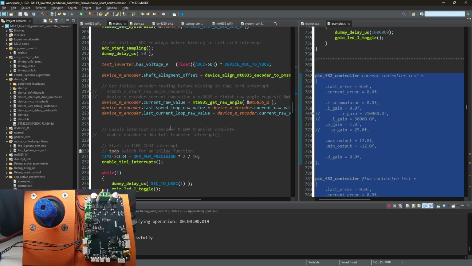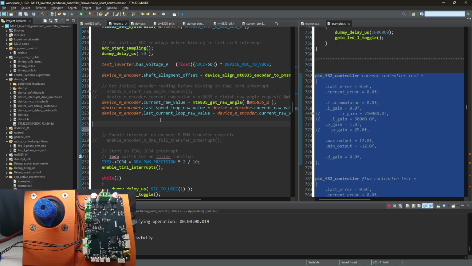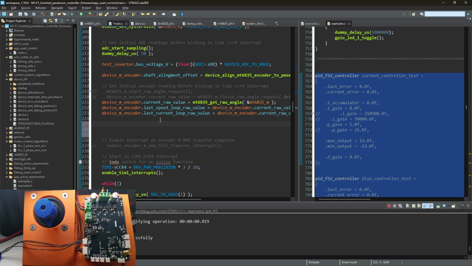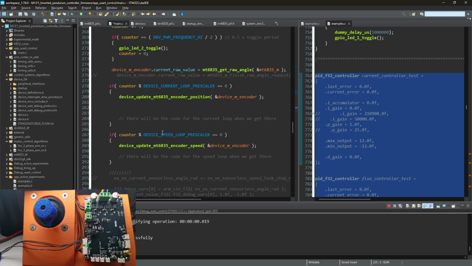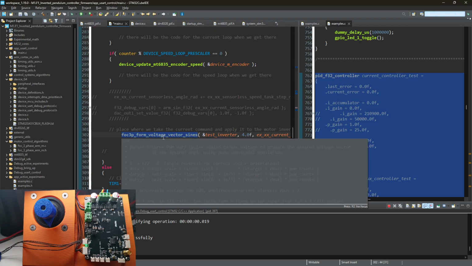So to set the angle to 0, what we're supposed to do is apply constant voltage to a phase at P divided by 2 radians, so that we can measure our target electrical angle. So let's do it. To do it, we need to form an open loop vector using this function